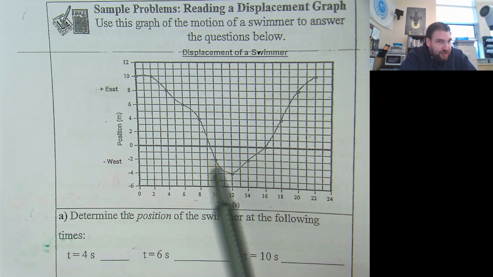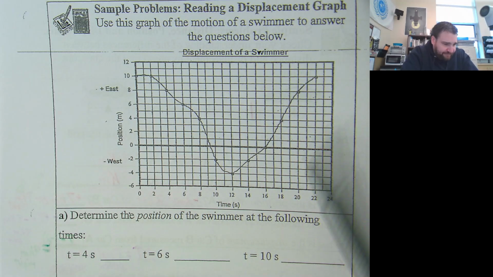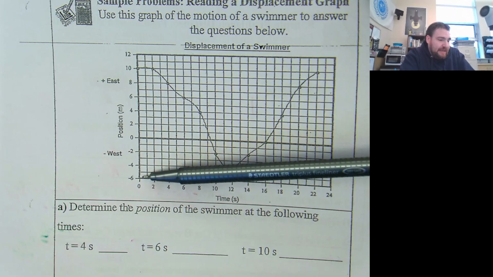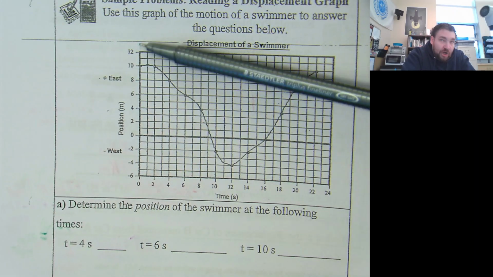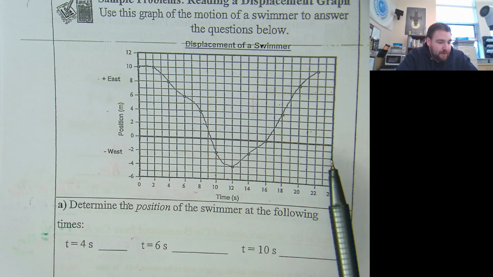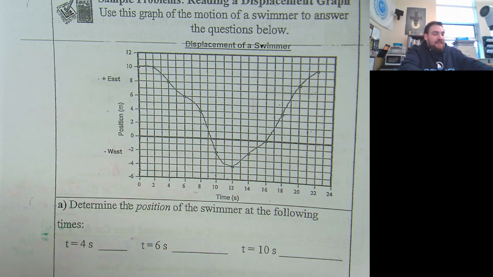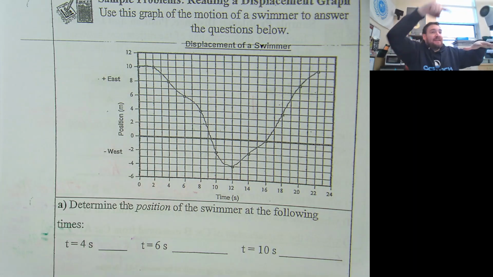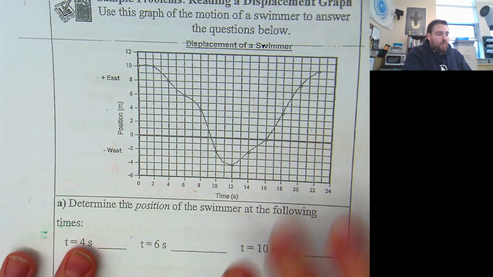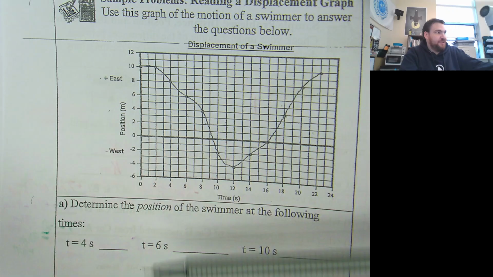Because this isn't actually a 2-dimensional picture. If we stop and think about what it means and how the graph is labeled, I have a position east and west on the y-axis, and the x-axis is just time. So the thing that lots of students do is they lay this graph in their head over the picture of a pool, and they see someone swimming in 2 dimensions up and down a pool. And that's not what's happening here. What this graph is saying is that as time is progressing, our swimmer's actually going east and west only.